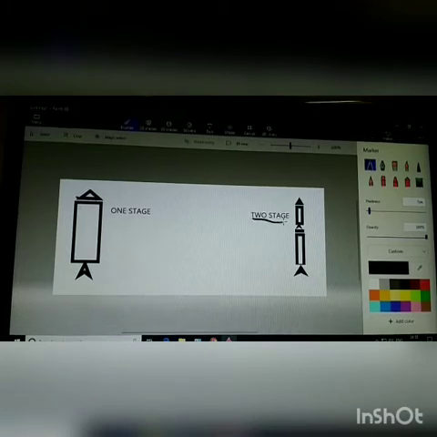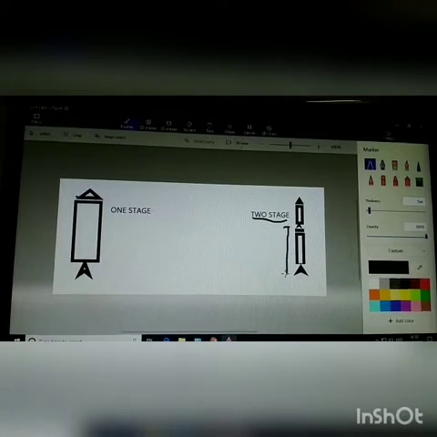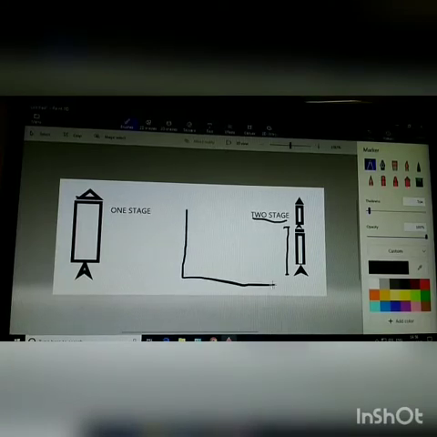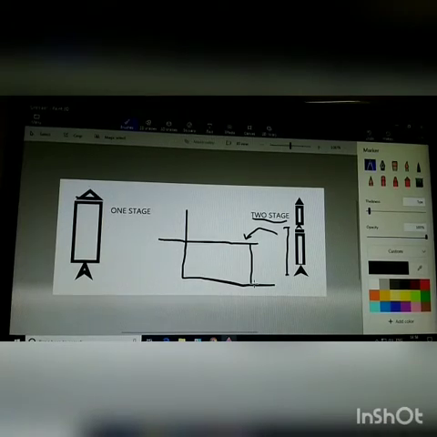In a two-stage rocket, there's a first stage, this stage, where there's a bigger fuel tank and a bigger nozzle for more propulsion, because at ground level, let me put a graph here, until here this first stage will be used. This first stage is used for the propulsion of the rocket and the payload above a certain height, so that the second stage at the top could easily propel the payload forward, like orbiting